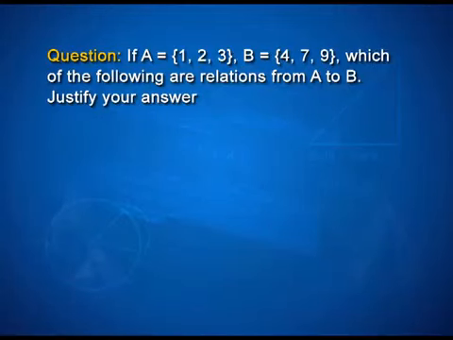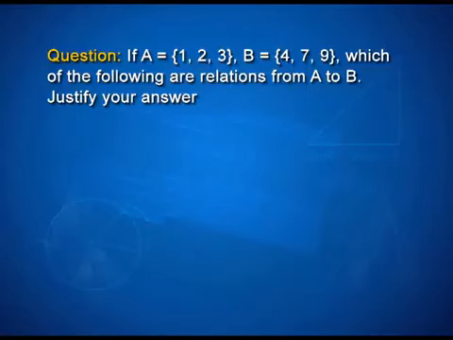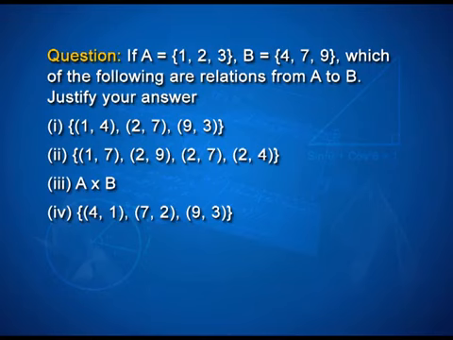Set A is 1, 2, 3, set B has 4, 7, 9. Which of the following are relations from A to B? Also justify your answer. So, if you see here, I have this part 1 which has (1, 4), (2, 7), (9, 3) in a set. Is this a relation? For this set to be a relation, you must make sure that it is a subset